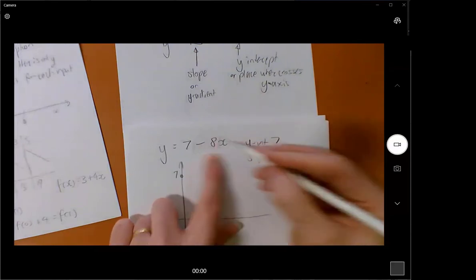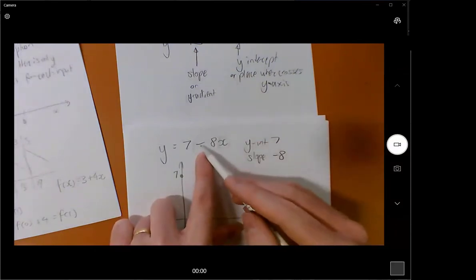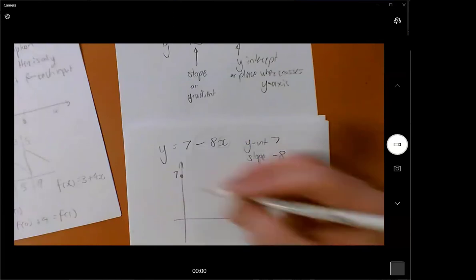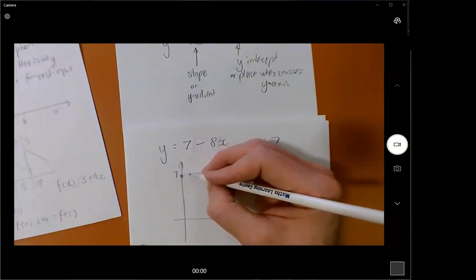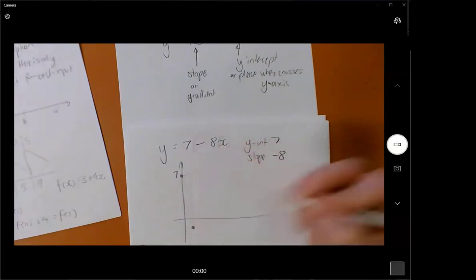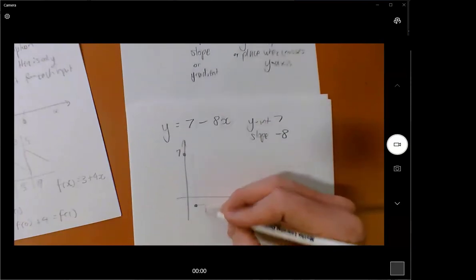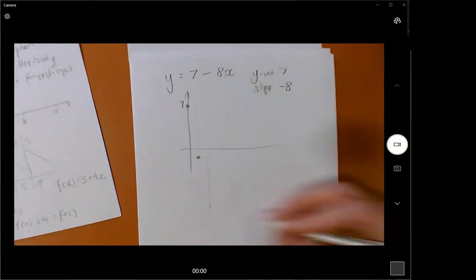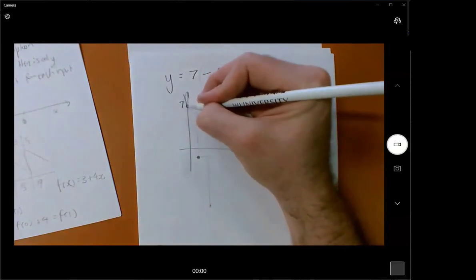Because it's a minus 8 that's attached to the x, you need to include this minus here. And so if I go across 1, it will have to go down 8, and so it'll go down to here. And if I go across another 1, it will go down another 8, and we'll go down to here. And so you'll get this